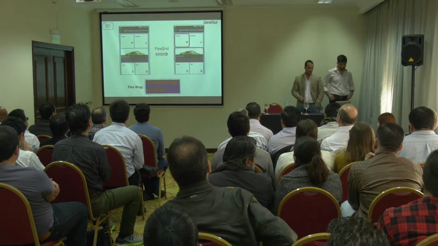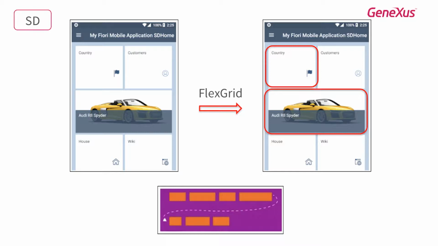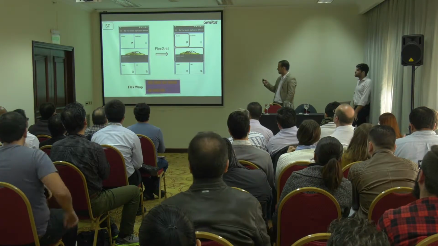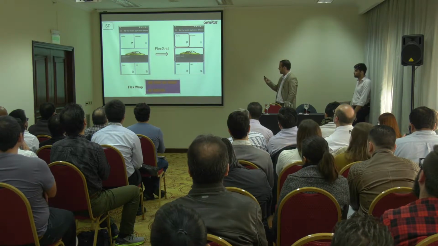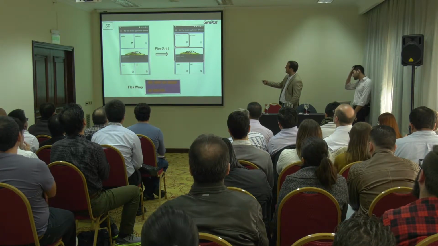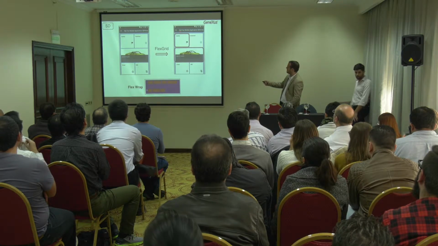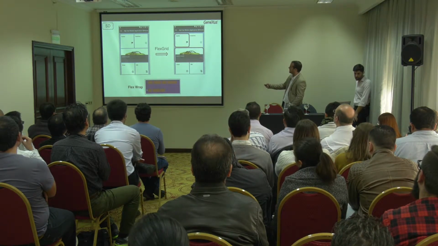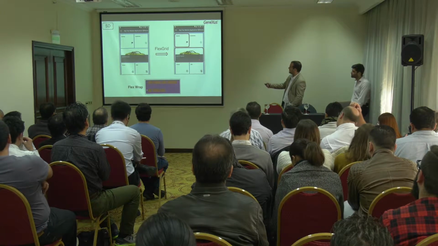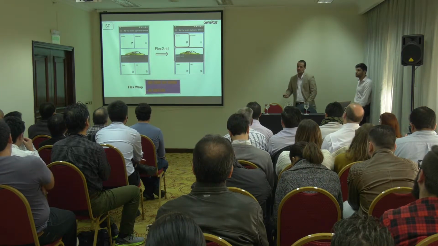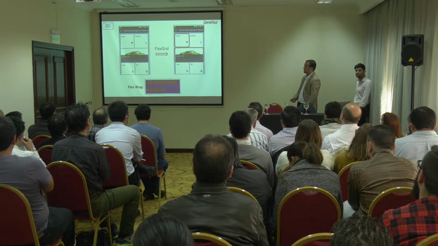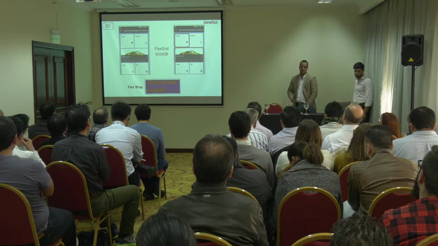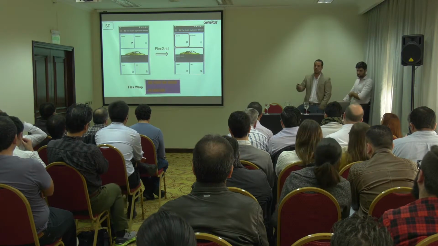And with regard to SD, the same concept applies. In this case, we want to show components with a variable width. So this is an example. We have this kind of components that have a certain width, and this one that takes all the width of the screen. So they are going to take their place with the flexi grid according to the space in the container. If we see it in the tablet,